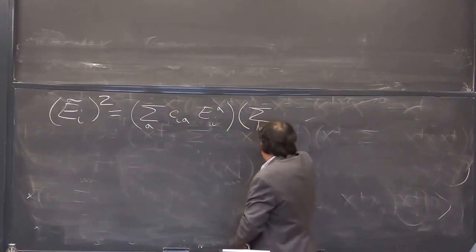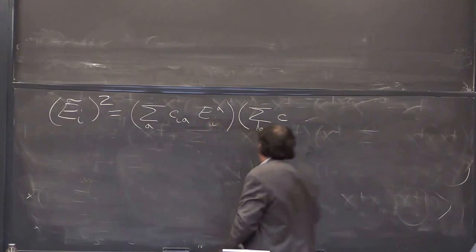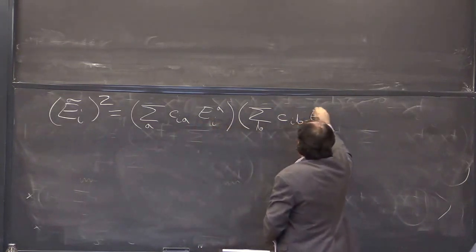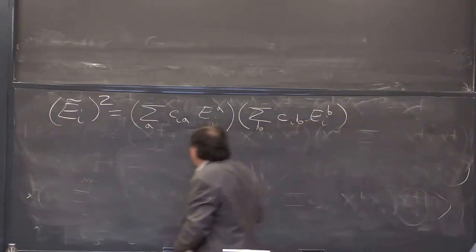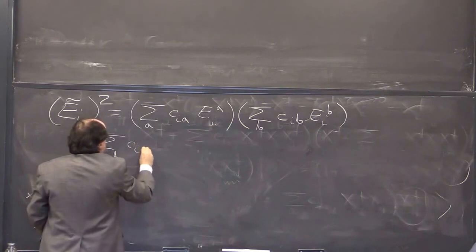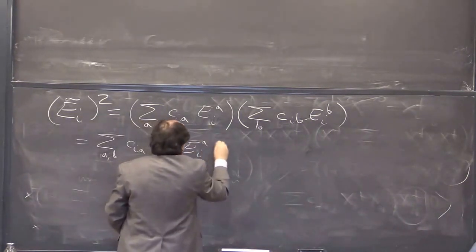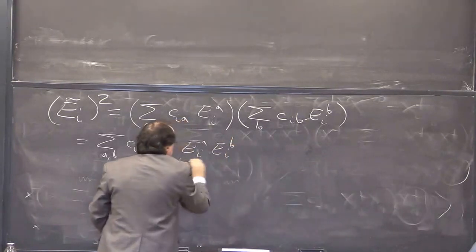I'm going to call it a B. Okay? But I is the same because here we're using the same I. So it's C_IB, E_IB. So this really is a summation over A and B, C_IA, C_IB, and the product of E_IA, E_IB. Well, that product